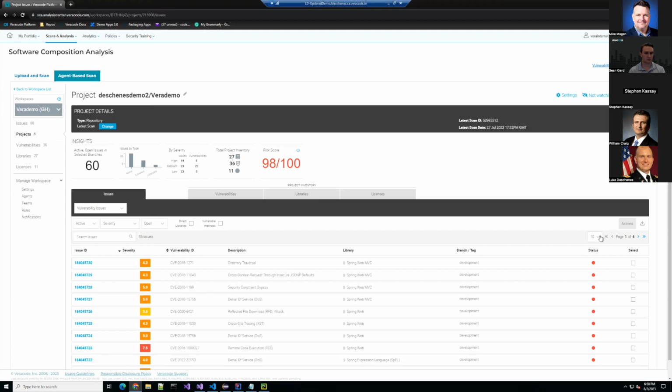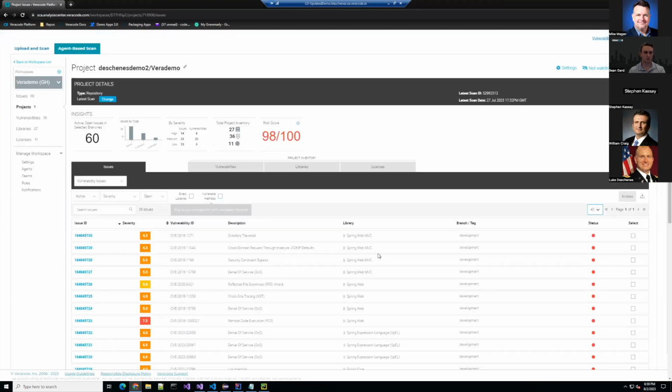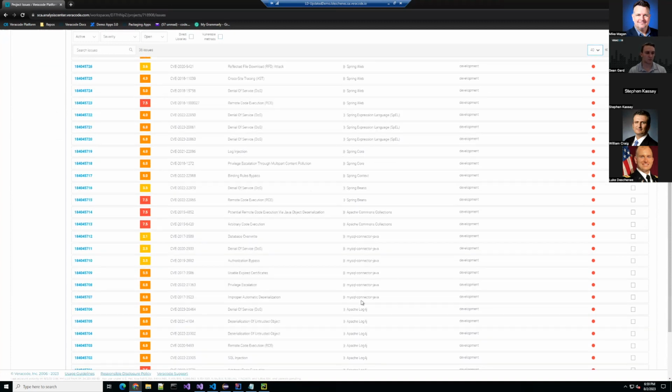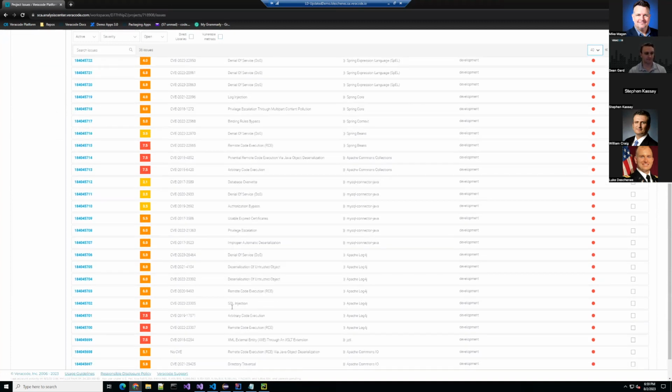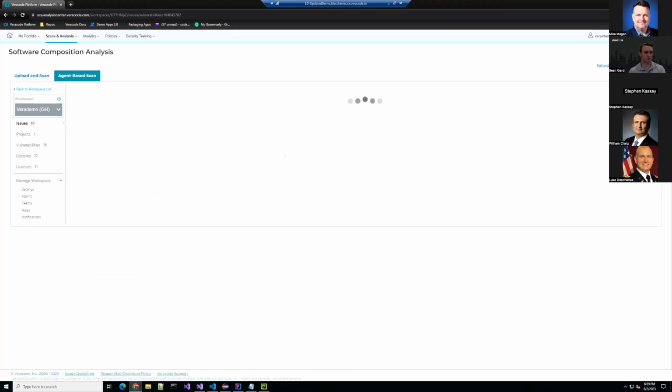But if we take a look at these issues, and we come down to one of these Apache Log4j ones, let's take a look at this SQL injection one, where I can click on this issue ID, and we're going to be able to see the vulnerability and CVE associated with it and understand how to fix it. Now, one great thing as we click into this is that not only are we going to see how we're able to fix the third-party component,